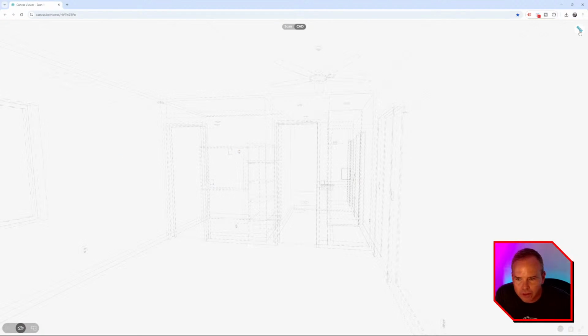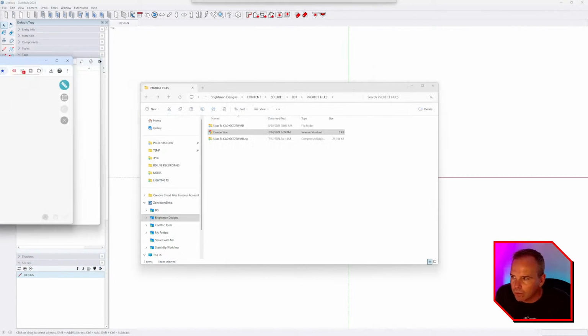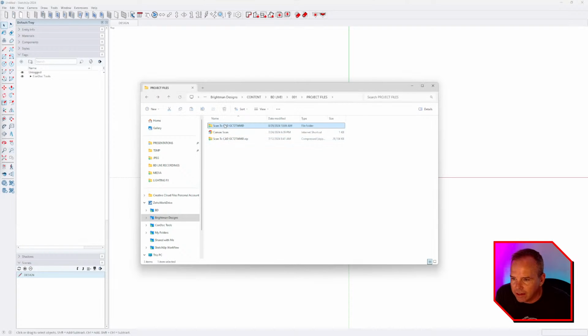So that's kind of handy to have that as well. And of course you can pull some measurements off that at really any time too. We'll get rid of that for now. And then in here, here's our first scan, and it comes with all these DWGs and DAE Collada files